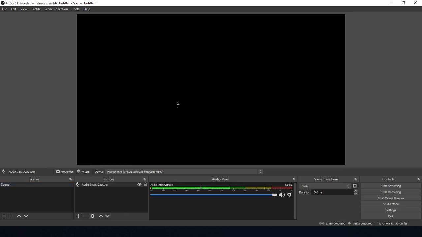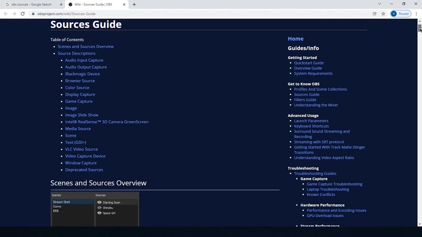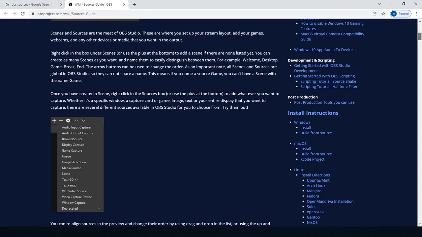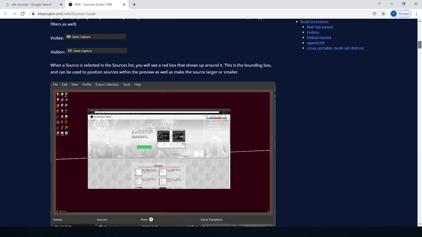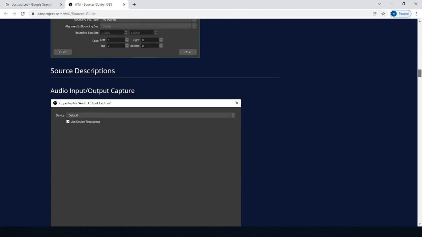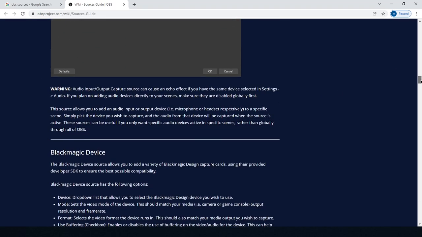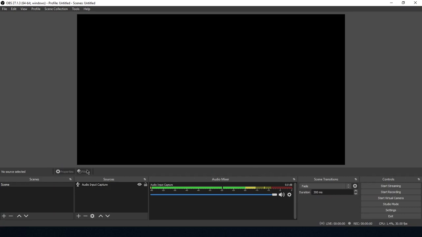This should be visible. Okay, so if you want to know more about audio input capture, you can refer to it here as well. So the sources description starts from here. Okay, so here you can see audio input output capture source. Okay, now let us see the next